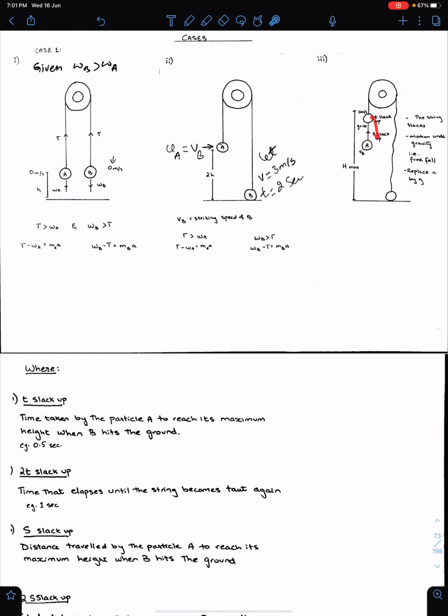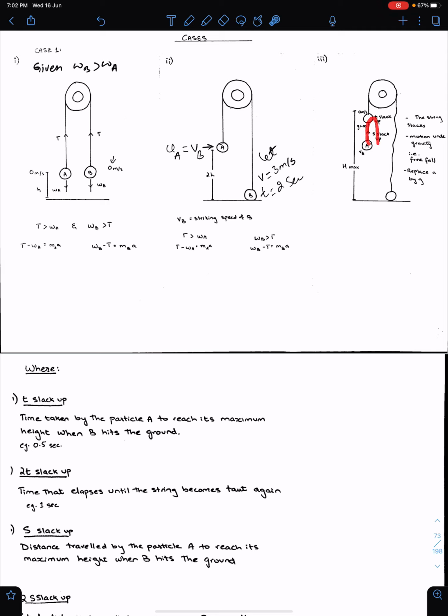A will come back after reaching its maximum height. It will come back to its height 2h, and the string will become taut again, and this total time will be twice T slack up, because in vertical motion the time of flight will remain